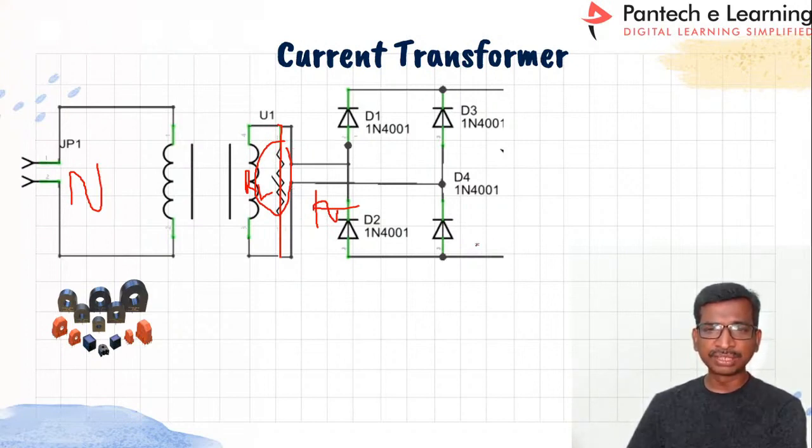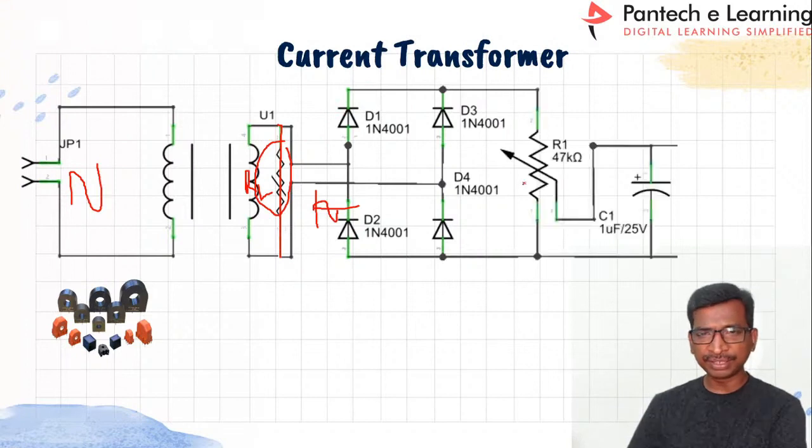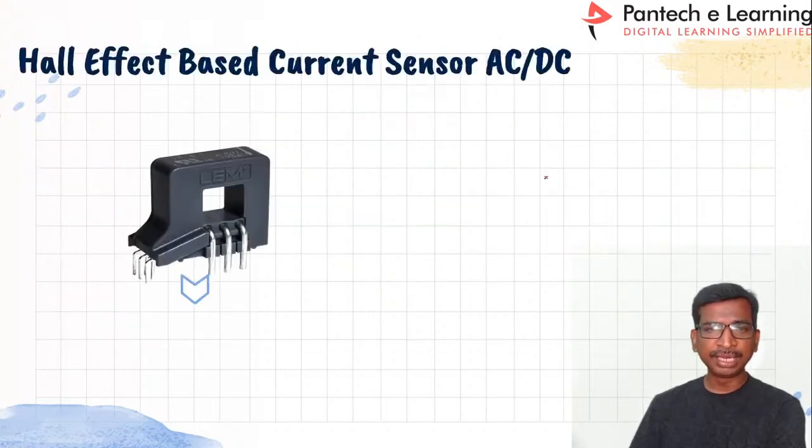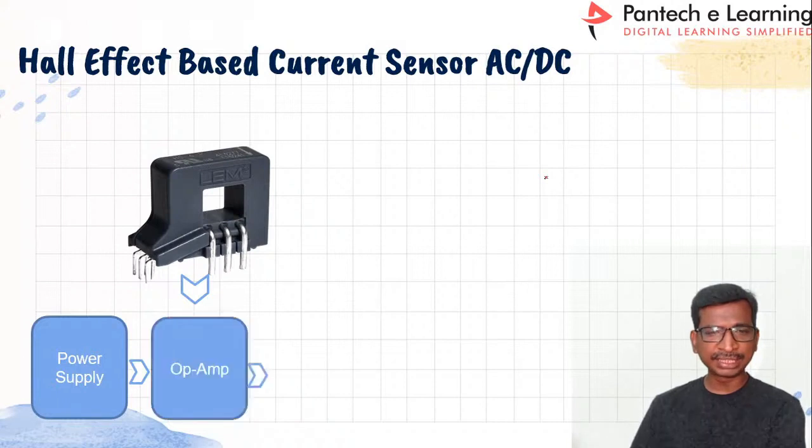So this voltage is converted with the full bridge rectifier, and after that the same procedure whatever we followed in the voltage sensor. So you can connect directly. And similarly the Hall effect sensor, see here the sensor is